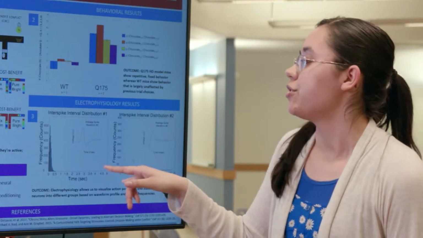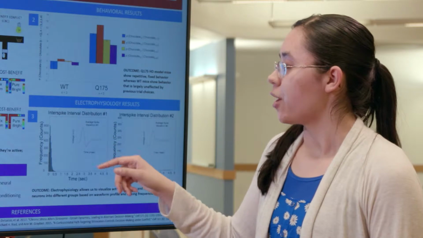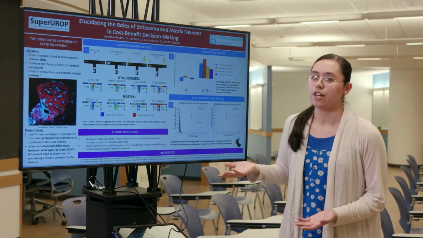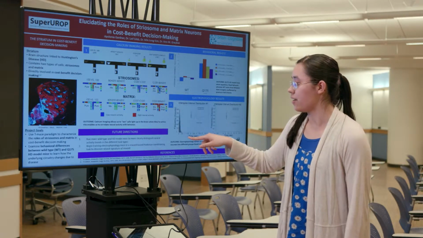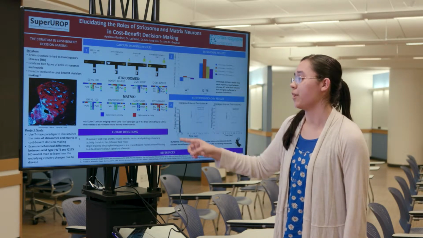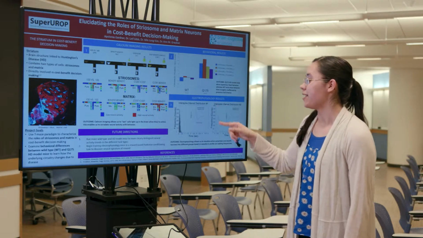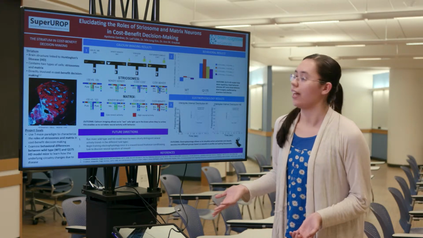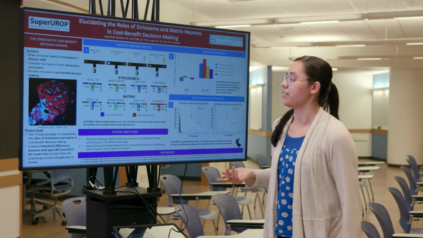And lastly, we use electrophysiology to visualize the spike waveforms that we're recording over here. So here I'm showing you 2 different classes of neurons in the striatum, and they have different spike waveforms. This one goes up and then down, this one goes down and then up. So we already know that there are different types of neurons in the striatum and that these belong to different groups. And then based on the time between spikes, this neuron has very small times between spikes, so it fires really fast and doesn't stop. This one has more variable time between spikes, so it doesn't fire as reliably. And so based on these properties, we can classify neurons into different types.